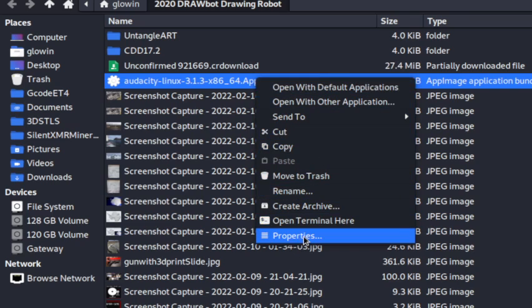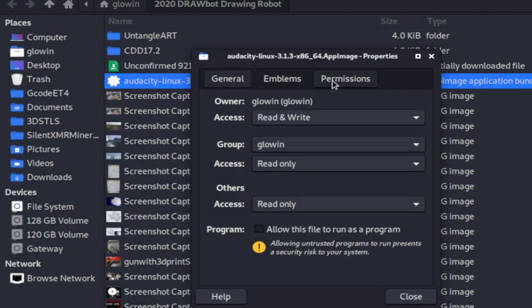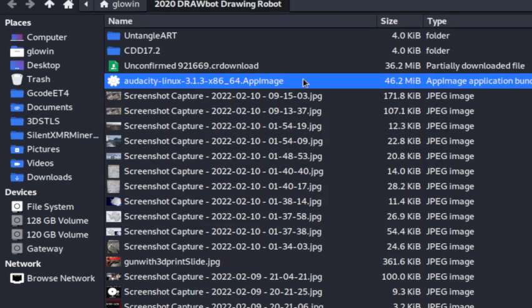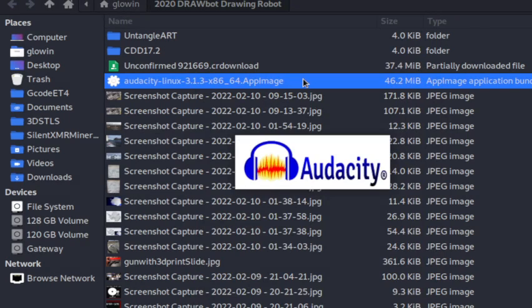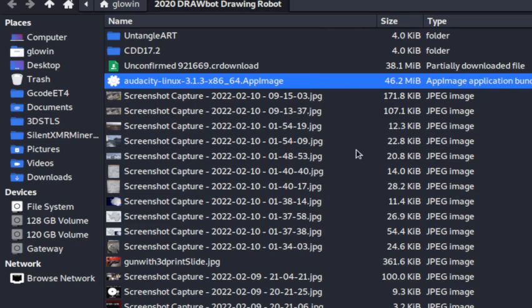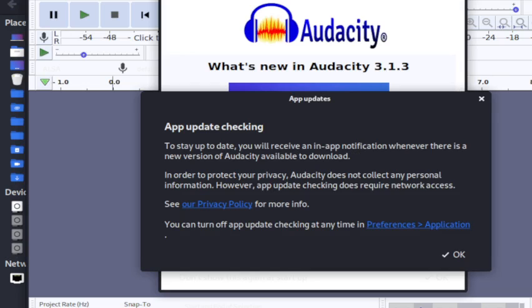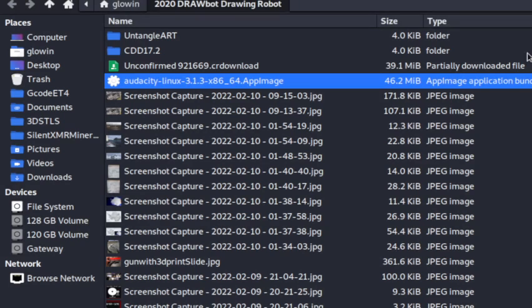So properties. Go over to permissions. Allow this program to run as a file. Now we're gonna double click it to see if it works now, but if it doesn't, you would then do the right click. Here, I'll show you. If it doesn't work, just do a right click in this folder off to the side,